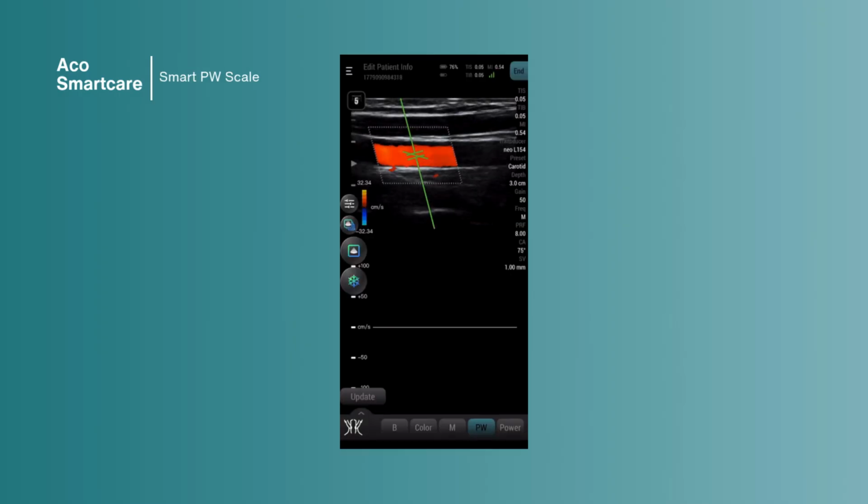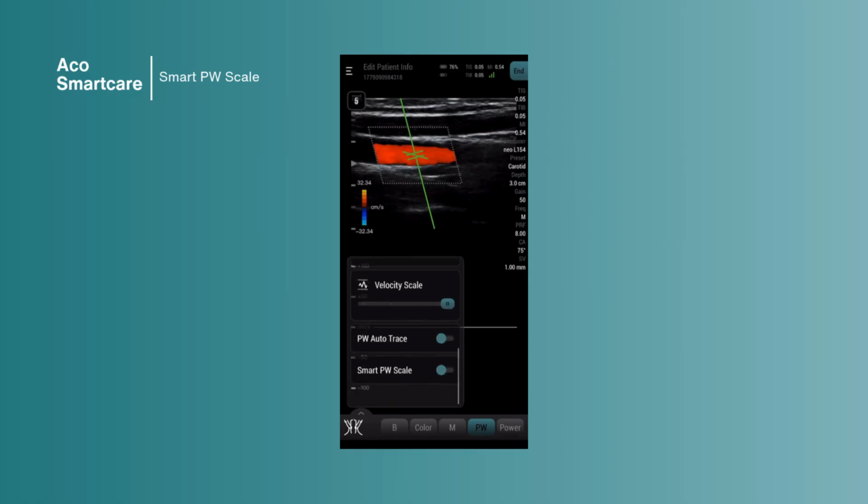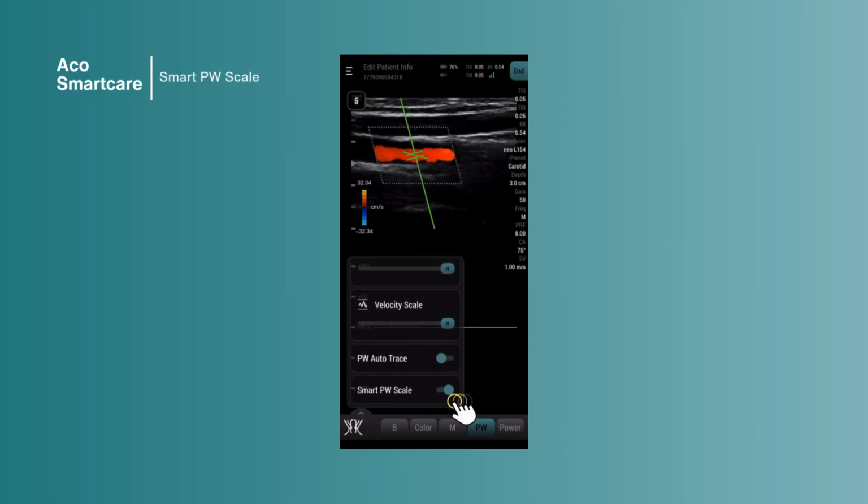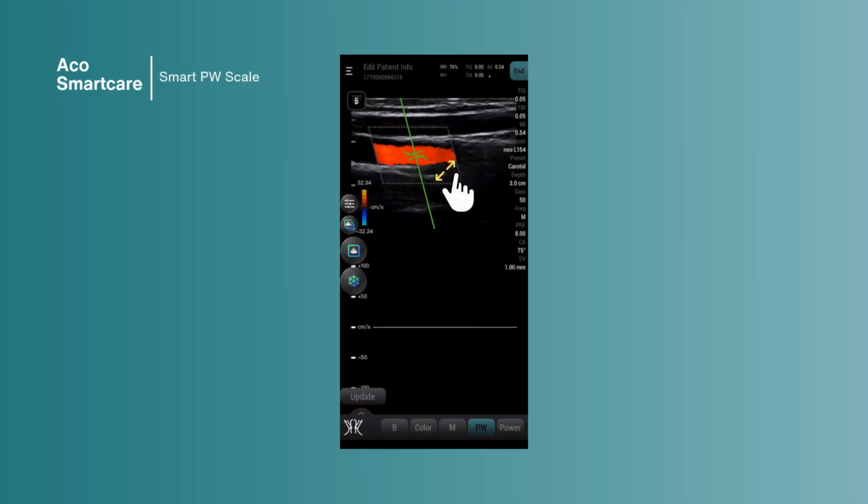In the PW mode, open the toolbar and scroll down to select Smart PW Scale. Once PW updates, or after you adjust your range gate, just like how we used two fingers to do it earlier. Once you're done adjusting, Smart PW Scale will automatically run the analysis,